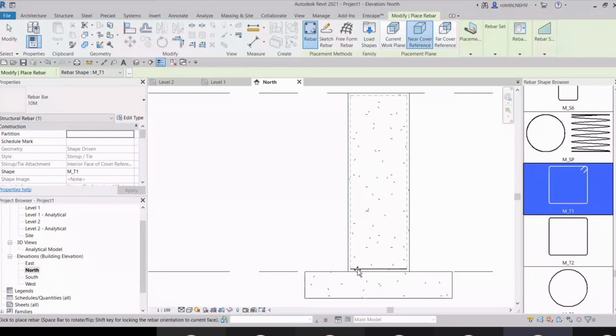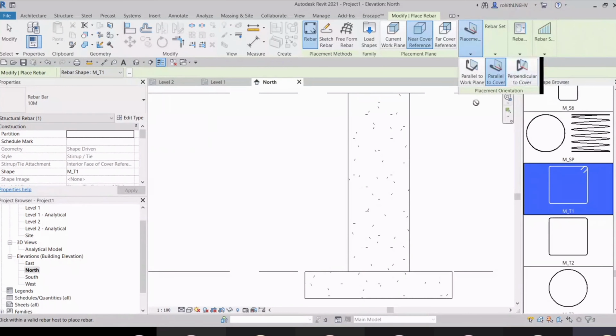Yes. From the bottom, from the sides, from all the four sides, from top, from bottom, we are getting the cover area, cover gap, cover space. So how do you want to place it?